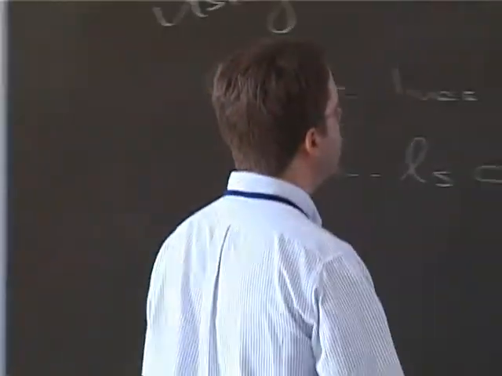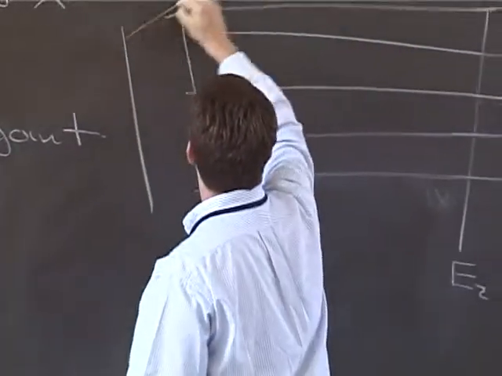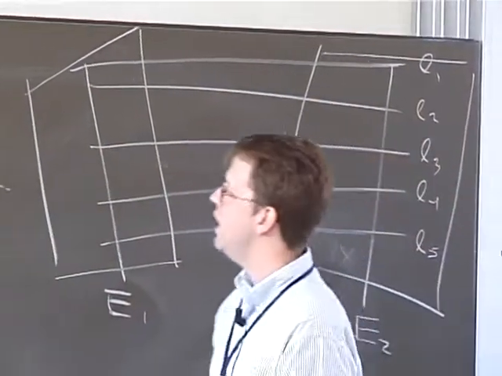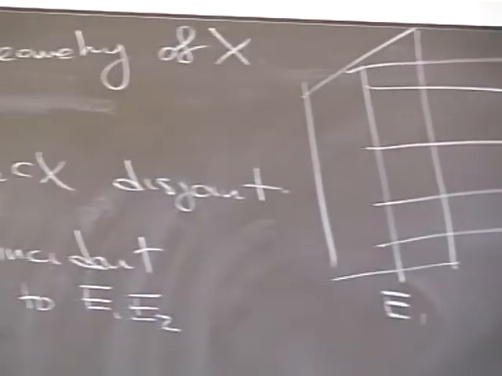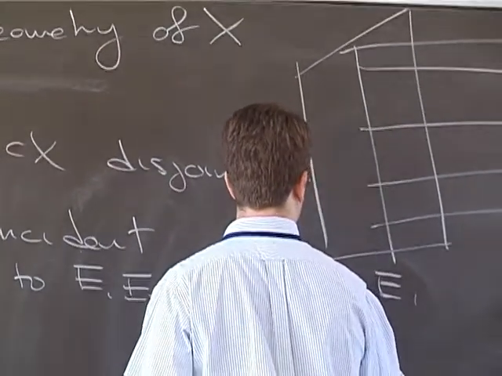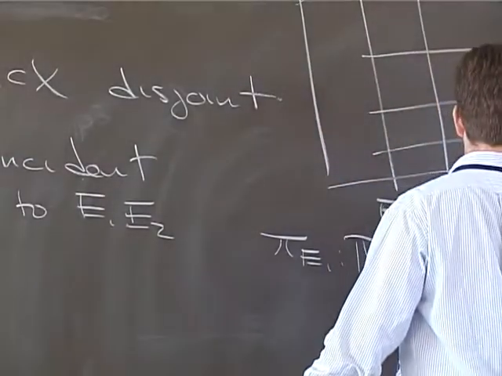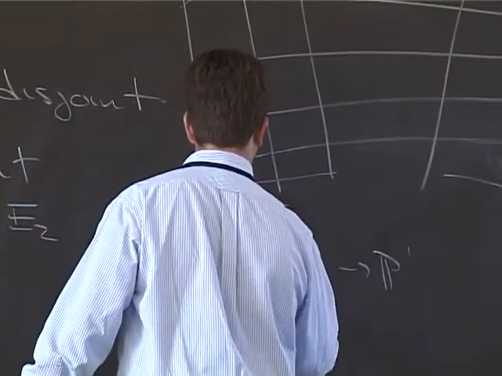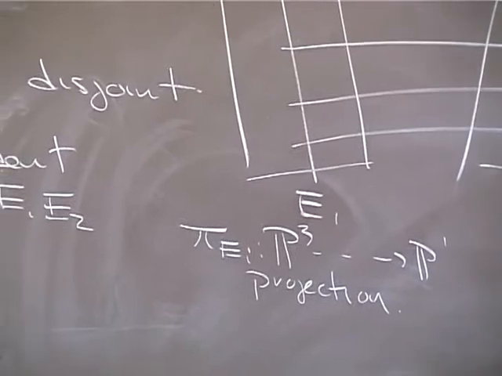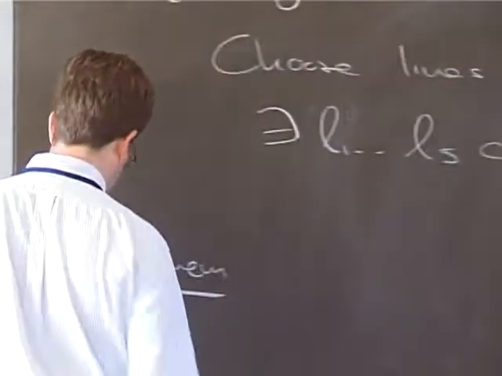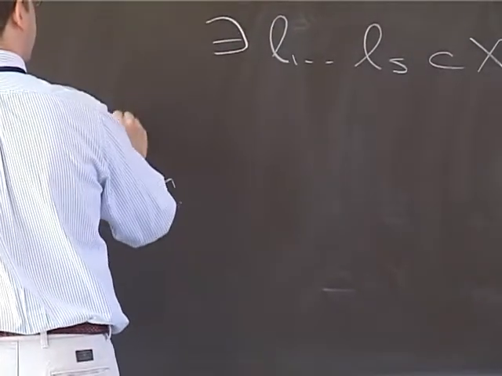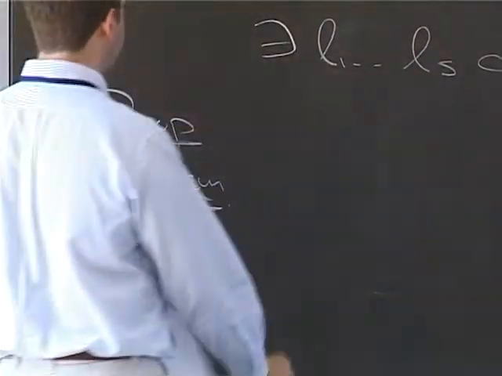And so what I'd like to do is look at all of the planes containing E2, and look at the projections from P3 into P1. So these are the projection maps. So here's the theorem. Probably this only deserves to be a proposition, because I expect you to prove it yourself. So there exists